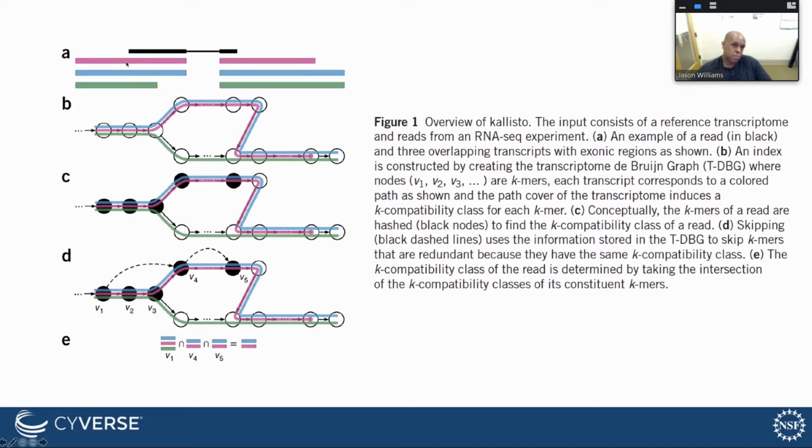Imagine that your transcriptome had these different transcripts, and the read in black, you're trying to align it. Well, what it does is it asks the question, which of these transcripts could have generated a particular read? And it breaks the transcripts down into k-mers, so short segments, often about 31 base pairs, which I think is the default, what we'll be using today. And it scans along the reads and the set of transcripts. And if a transcript